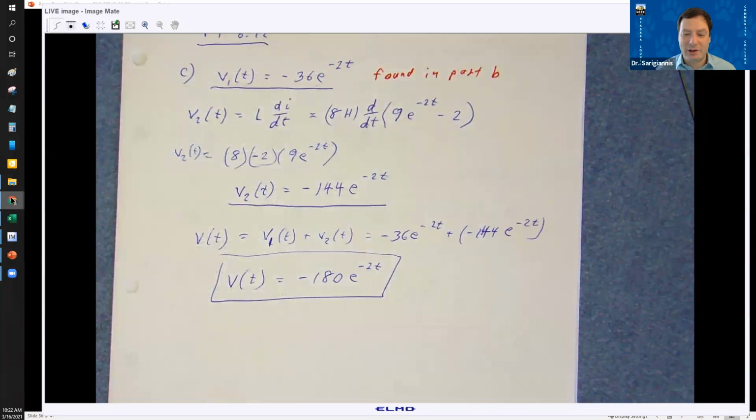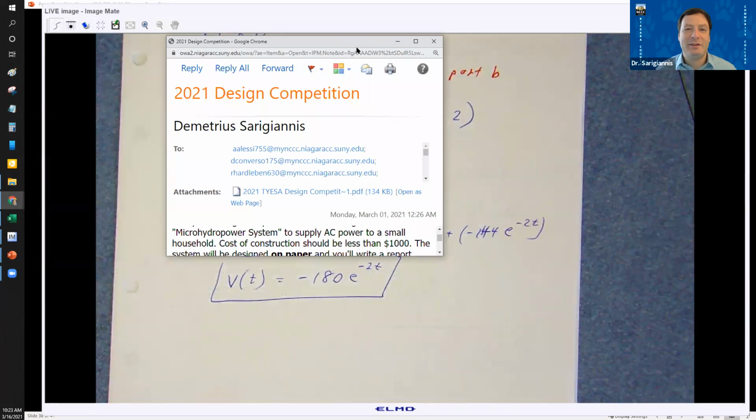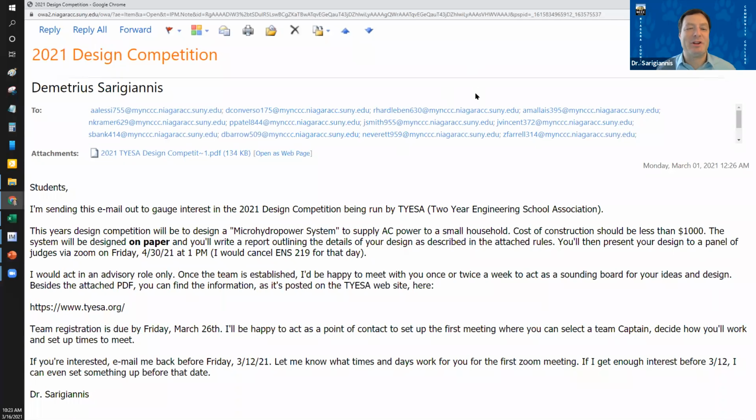And then there's the announcement of, just to re-announce it here, the 2021 design competition. I didn't get much interest. I got one person who's a first-year student saying they were interested, but they're really in no position to do this by themselves. So if you are interested in the TIESA design competition, this is the one where